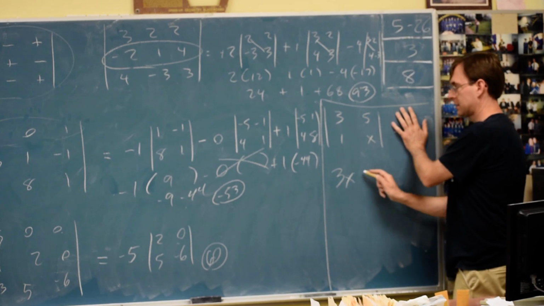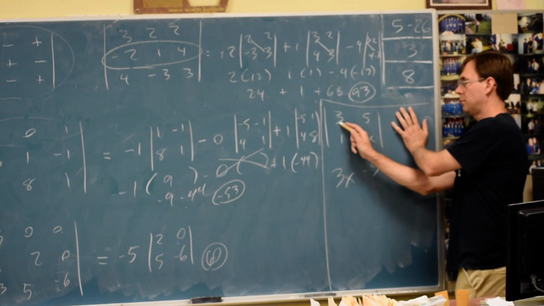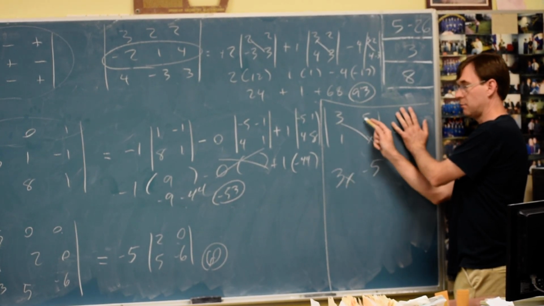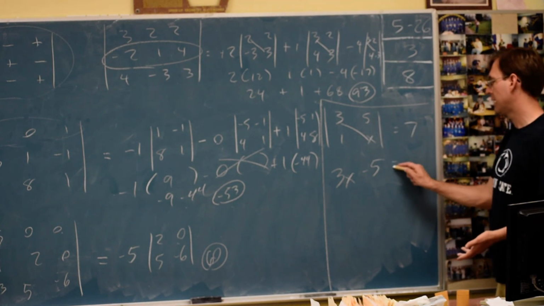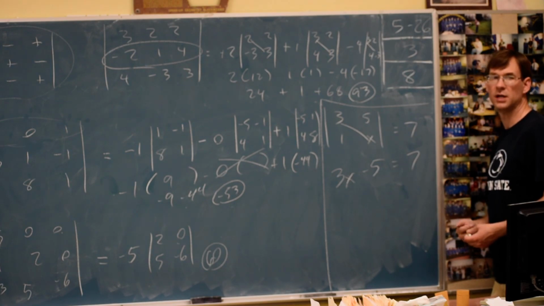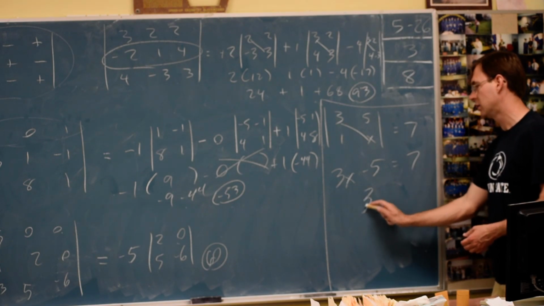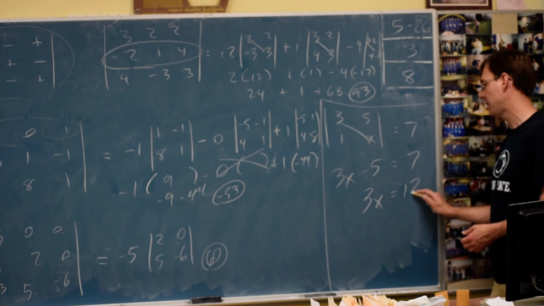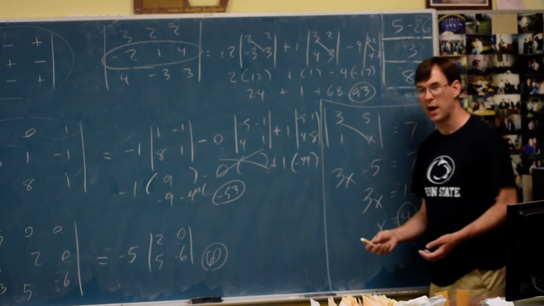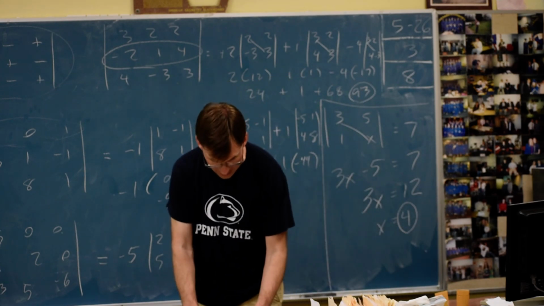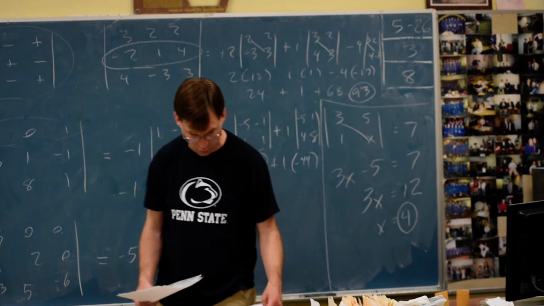The last tiny little bit of homework will give you a 2x2 matrix to do the determinant, like 3x minus 5. Main diagonal is 3x minus the other diagonal is 5. But then they'll have that equaling something, like it equals 7. And then you just need to have an algebra 1 flashback and do some opposites. Add the 5, divide the 3. There will be just like equations for you to solve at the very end of that homework page,